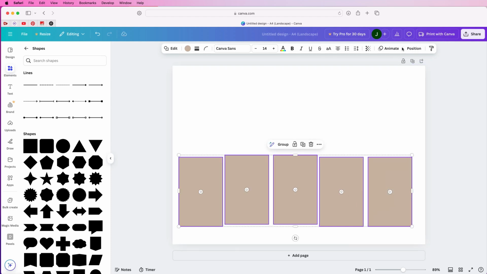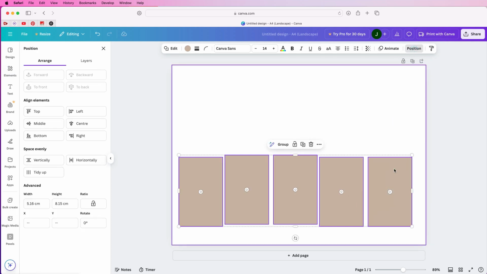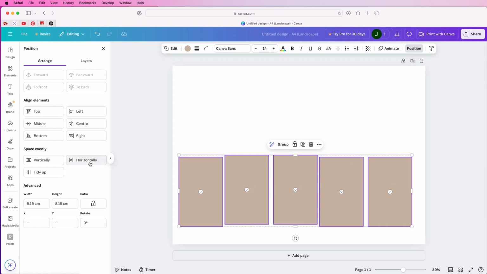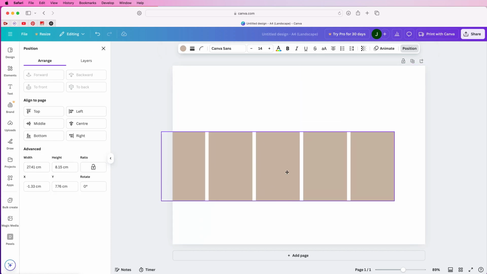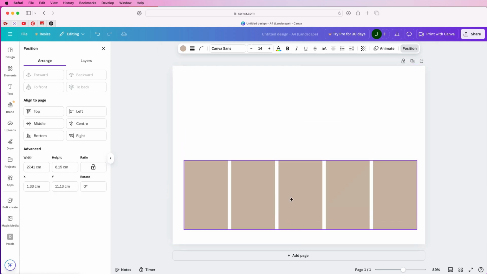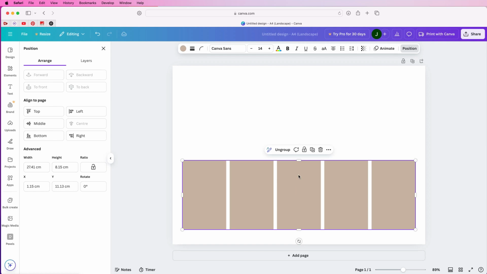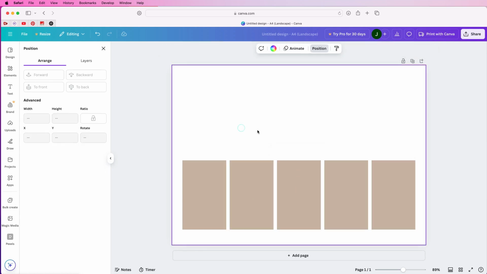Now to make sure they're all aligned, just go to position, make sure you've selected them all, and then we need to go to this horizontally evenly spaced option here and just click. Now they're all evenly spaced, and then just click any of these 3 on the left hand side so they're all nicely lined up. Now if we group them together, we can move them as one group, and we can pop them anywhere we like on our page. Then we can click ungroup if we want to, and then we can go ahead and put in the remaining